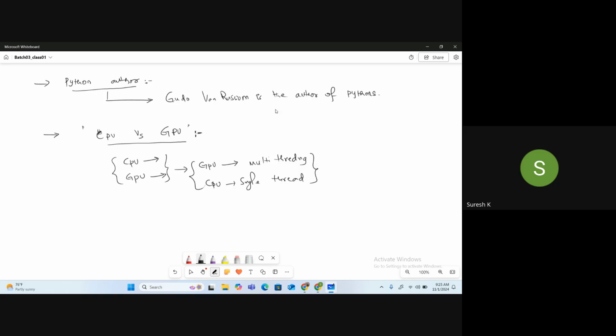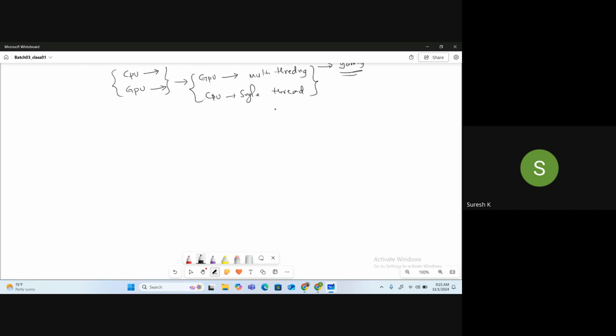Sripad, forget about GPU for gaming and this is for normal use. Let me tell you with one example. I'm conducting a race. Let us say this is my track of a 100-meter race.